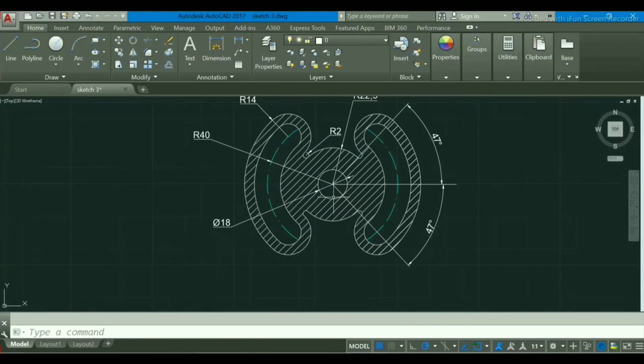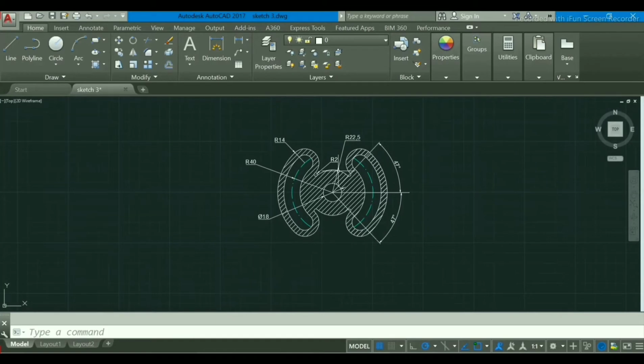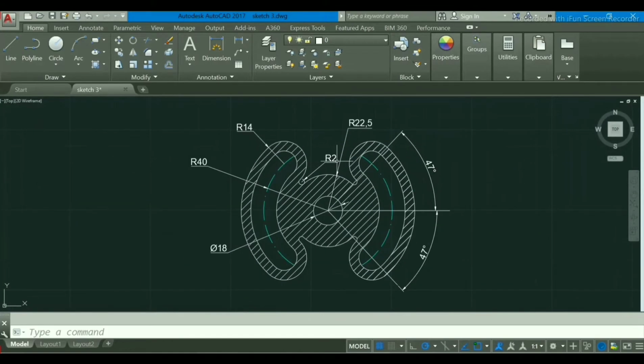Today we will make our new sketch in AutoCAD, that is this one. In this I will show you how to make the hatching lines in the hatch tool command, as you see here. And I will show you how to make the center line like this.